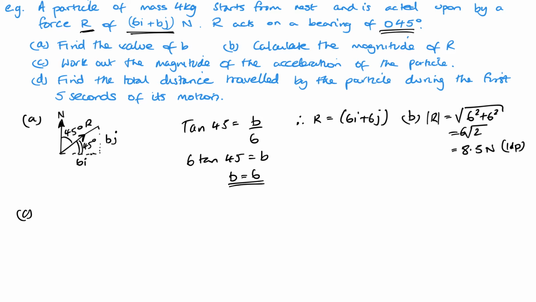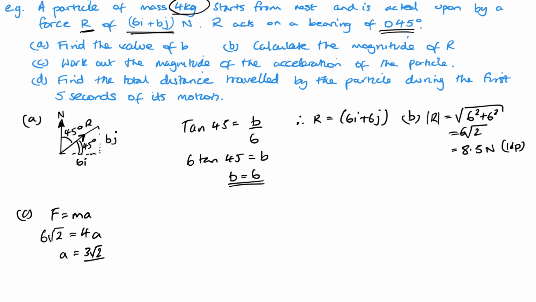Now, part C, we want to find the magnitude of the acceleration of the particle. So we know it's going in one direction. We know what F is, because F is my value of R. So that's going to be my 6 root 2. We know the mass is 4 kilograms, and obviously A we are trying to find. So that means that A is